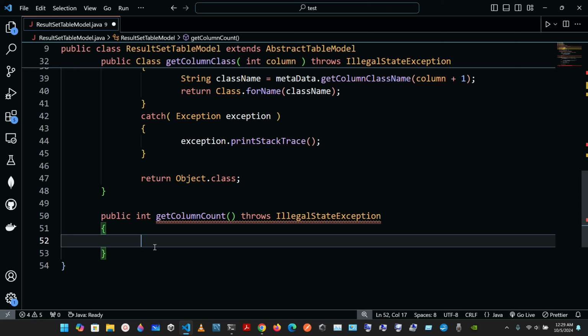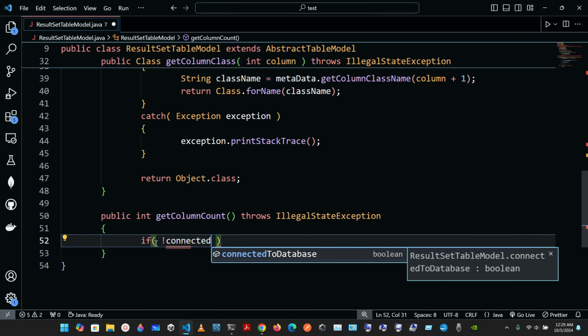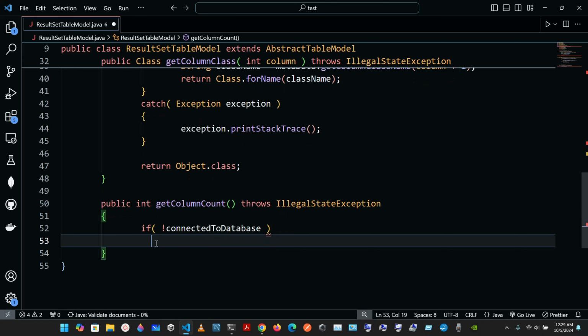Maybe we're gonna have some typos on it. So okay, so we're gonna ensure database connection is available. So if not connected to database, then we're gonna throw